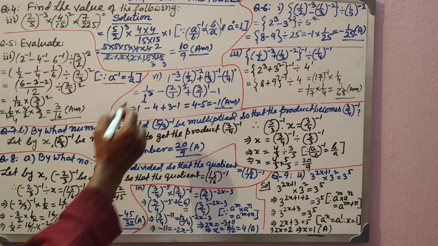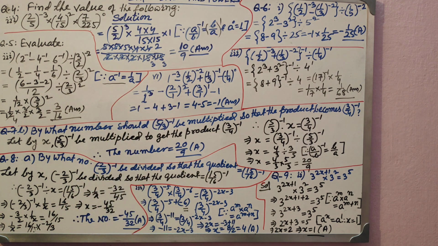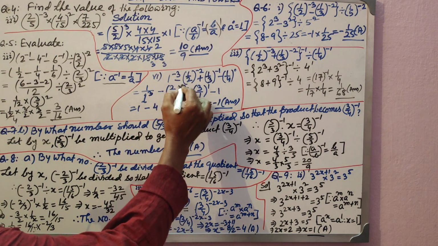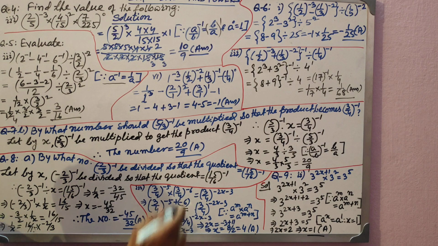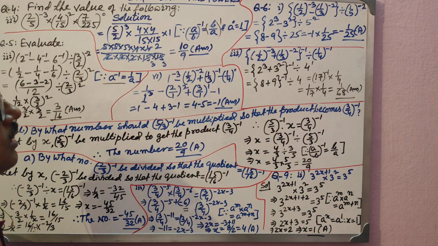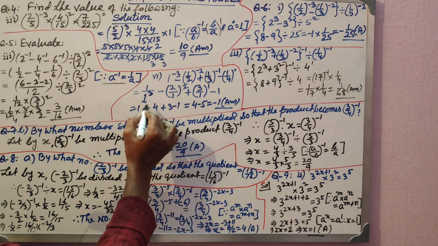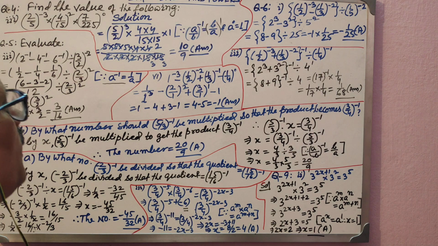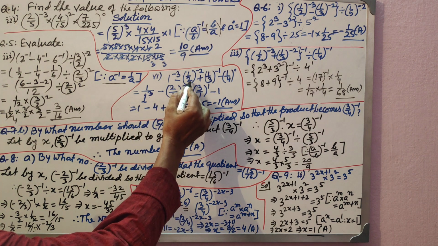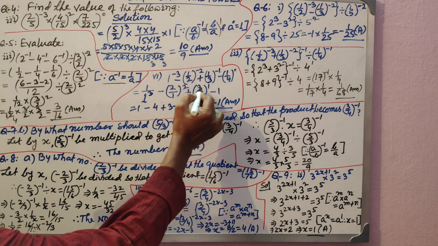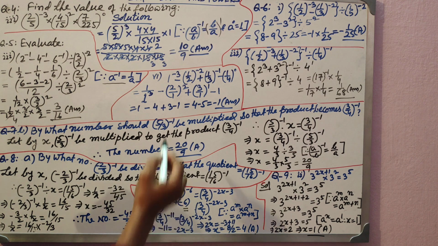Just check. Now moving on to the sixth question of that under 5 only. Here 1 raised minus 3 minus half raised minus 2 plus 1 by 3 raised minus 1 minus 1 by 4 whole raised 0. This one, the value will be 1, as you know, anything to the power 0 is equal to 1. Now moving this one to positive power, it will be 1 by 1 to the power cube. That means it is 1 only. So minus, here it will be reciprocal of 1 by 2. Reciprocal will be 2, 2 to the power 2 by 1 to the power 2, 3 by 1 to the power 1. I just made it to make you understand.